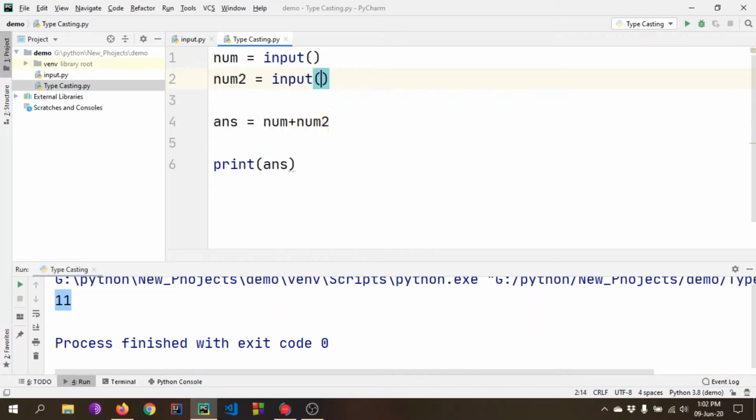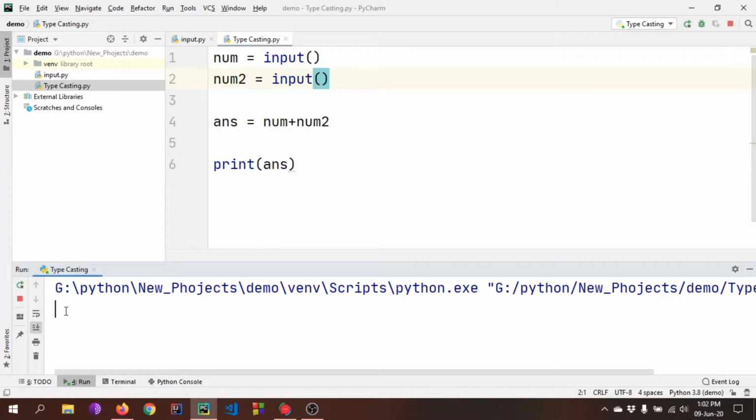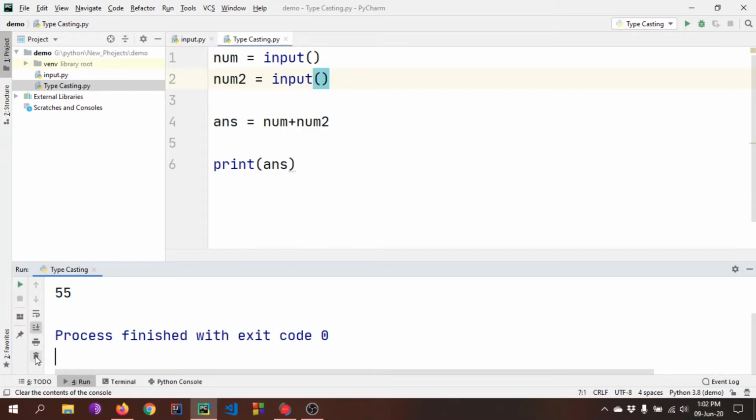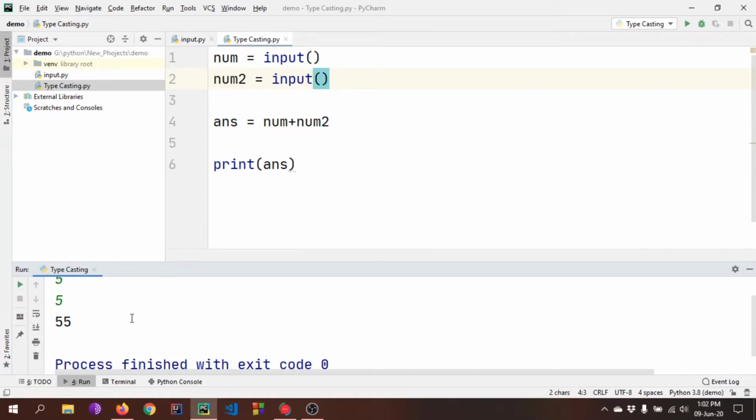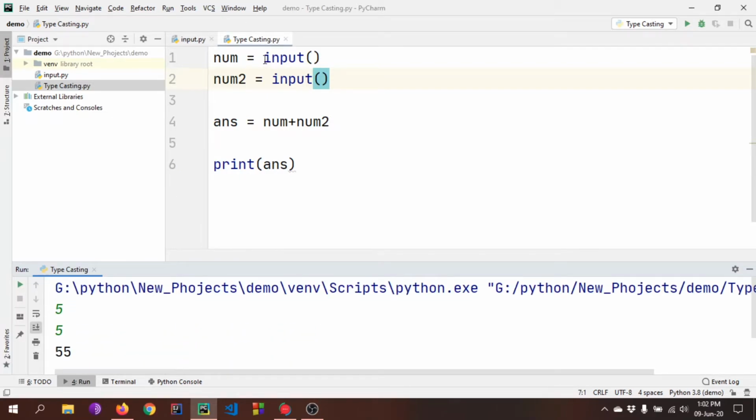and here input function. Now if we run this, it asks us to give an input number. We say 5 and 5. The answer must be 10, but let's see what happened. It says 55. So what's happening here, the input function is converting our integer to string, and the answer is